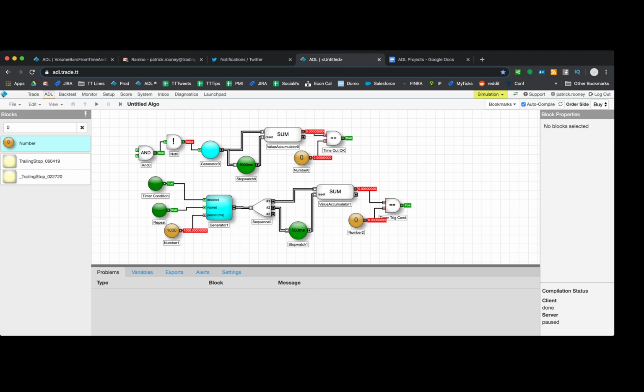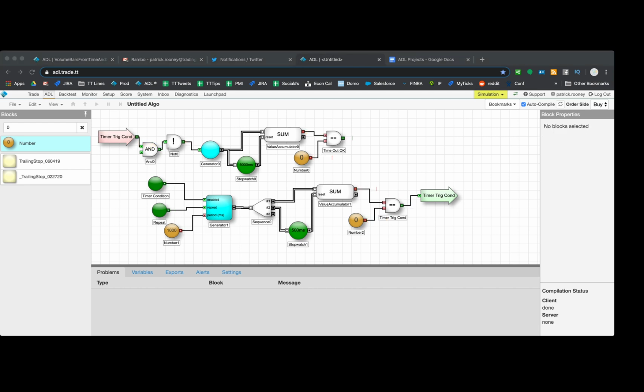And I'm going to get a jump block out of there. Well, we do that jump block. I need to run this jump block back over to the beginning of this whole flow of information. So if my trigger timer condition is set and my timeout OK is set,